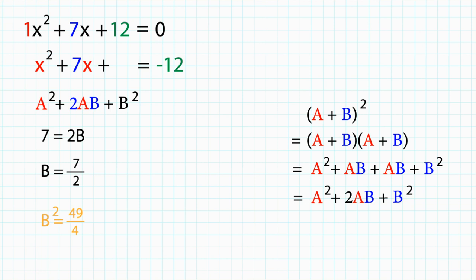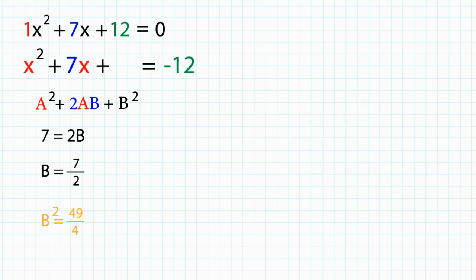So to put it simply, just divide the coefficient of x by 2, square the number, and add that number on both the left hand side and the right hand side. The reason why we need to add the number on both sides is to keep both sides equal to each other. Then we get